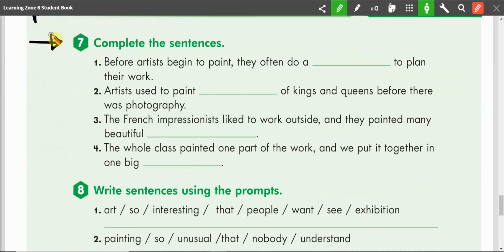Exercise number 7. Complete the sentences. All right, I will read you the sentence and you try to figure out the words that need to go in the blanks. Before artists begin to paint, they often do a blank to plan their work. Look in your book and try to find it. Before artists begin to paint, they often do a sketch